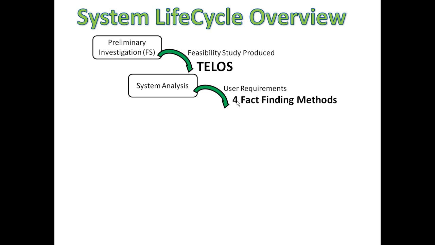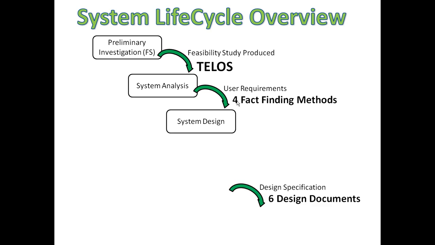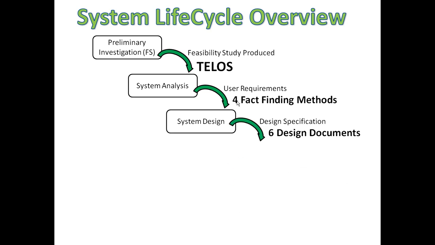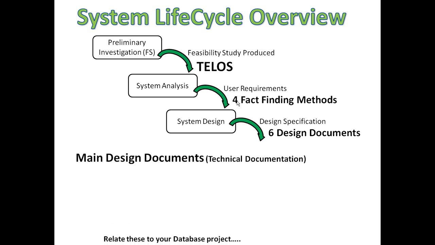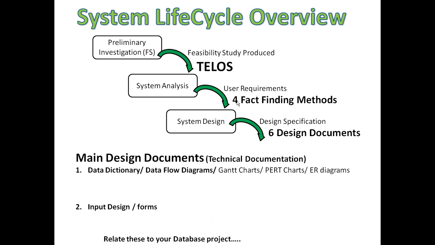After you've carried out the analysis, the next thing that you're going to do is design the system. Now, what you need to understand about this section is the main documentation required. So you'll need to know the 6 main design documentations, if that makes sense. Now, the 6 main documentations include the data dictionary. This is defining all the tables. You've got the data flow diagrams, you've got the Gantt charts, you've got the PERT charts, you've got the ER